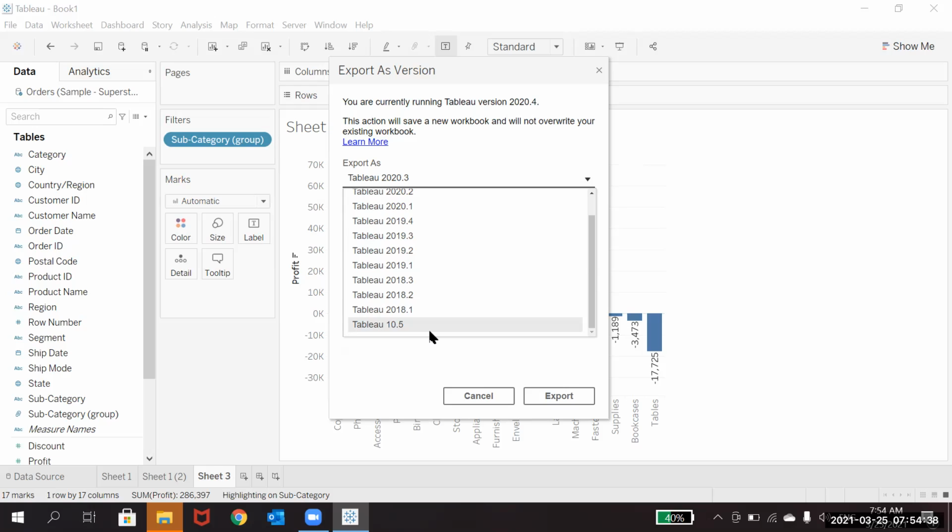If someone is still on 10.5, I'm okay, but lower than that is unlikely, because they have not upgraded yet. So these are the different versions you can export, even though you have done it in the latest version, so that won't be a problem.